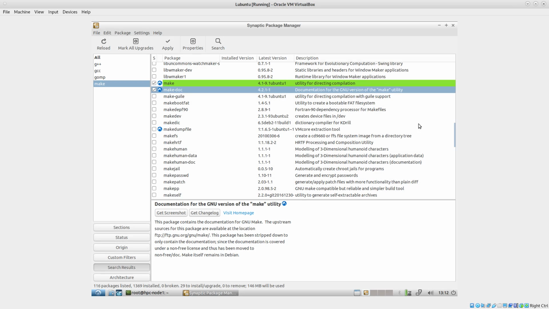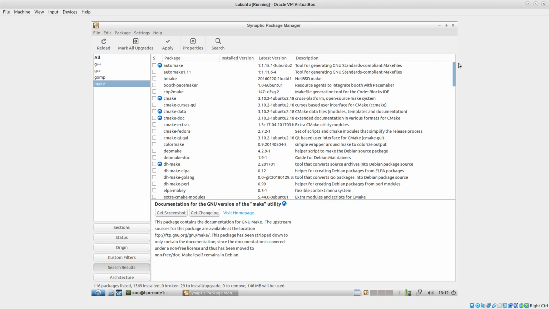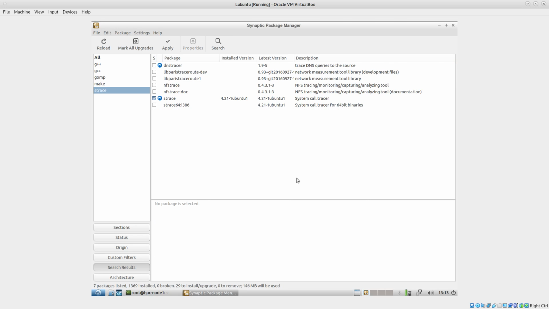Let's look and find out also the program strace. It will be needed for us. Also search strace. It is already selected and installed. Also let's look and find out